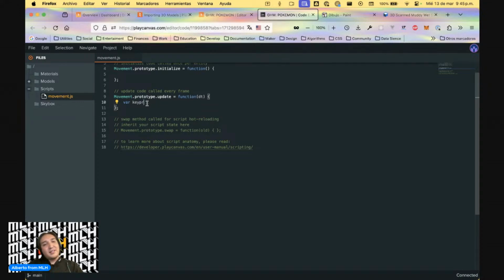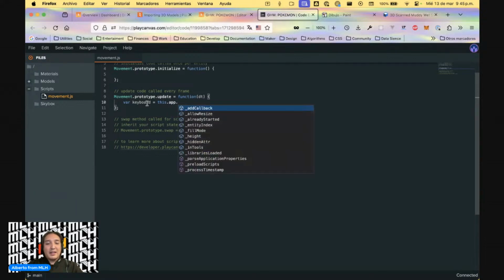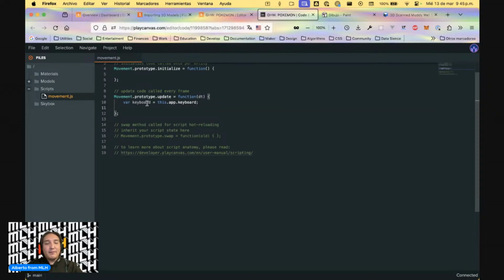Well, first we need to create a variable called keyboard, right? And from this dot app, we'll get the keyboard. Then we want to detect if the